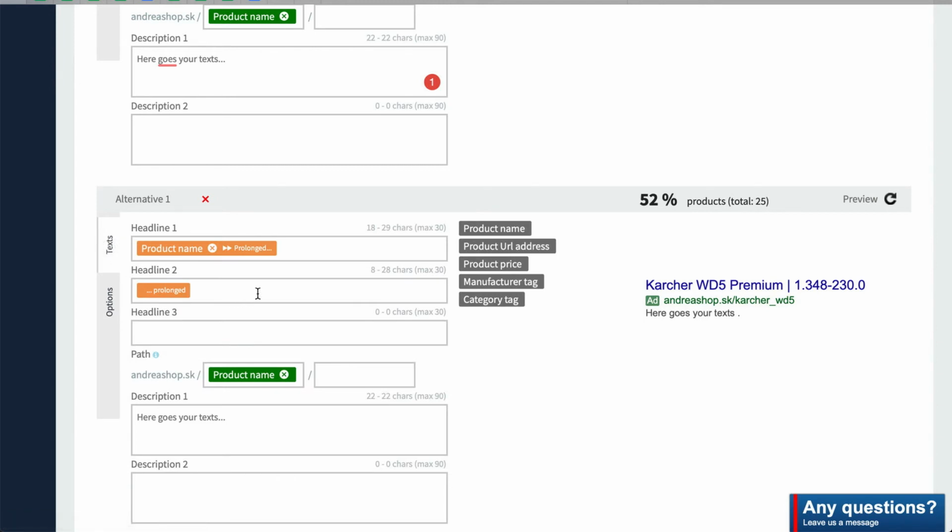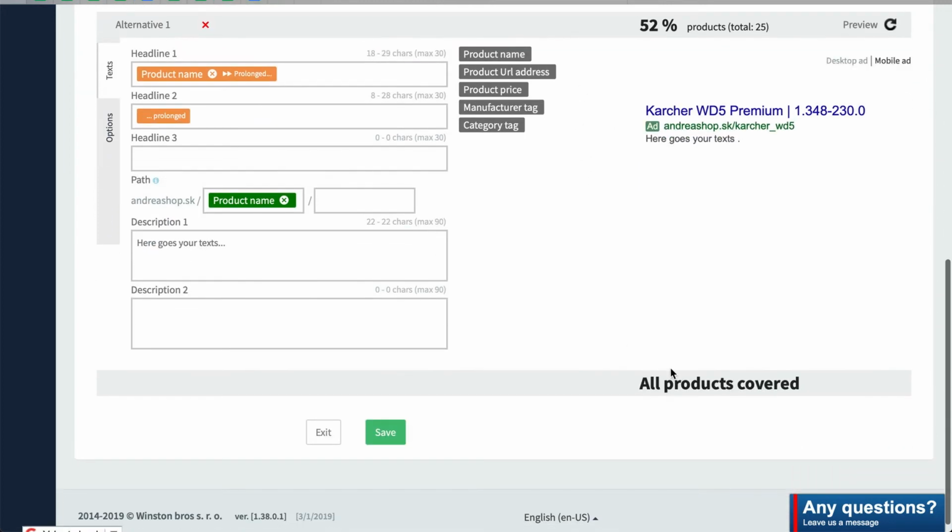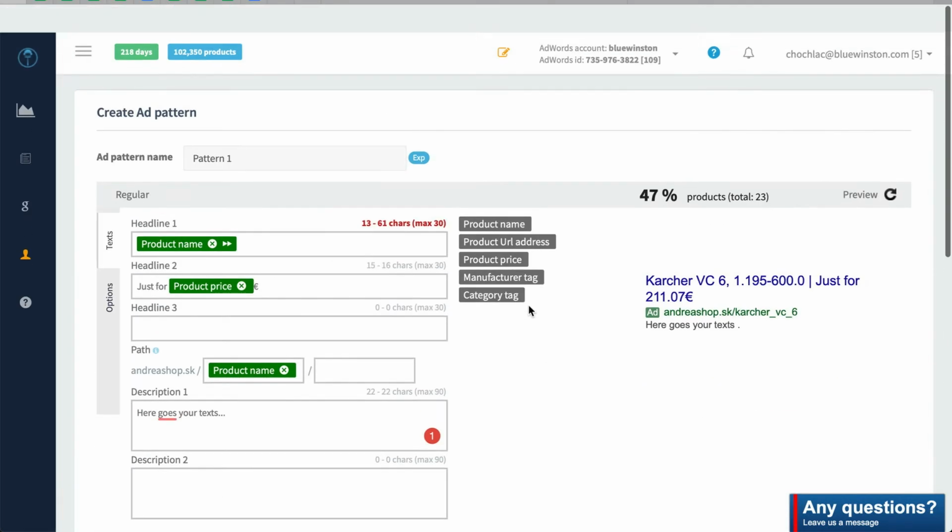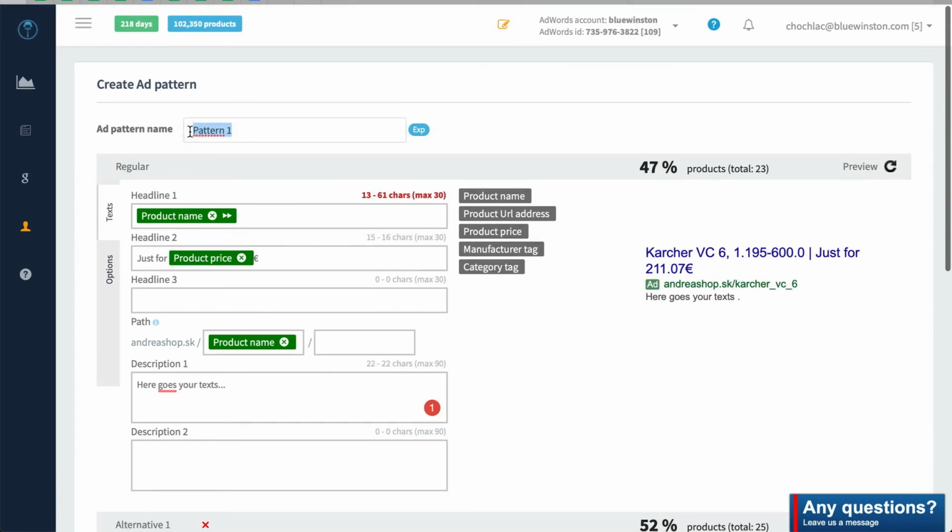In this case, we will truncate headline 2 by whole words, and as you can see, at the end, all products are finally covered for this pattern, which, by the way, we can call, I don't know, our first ad template, okay, with prolonging, for example,